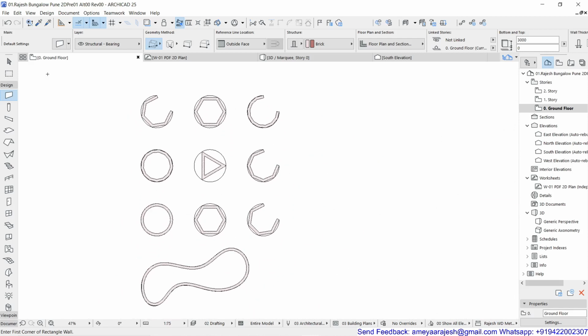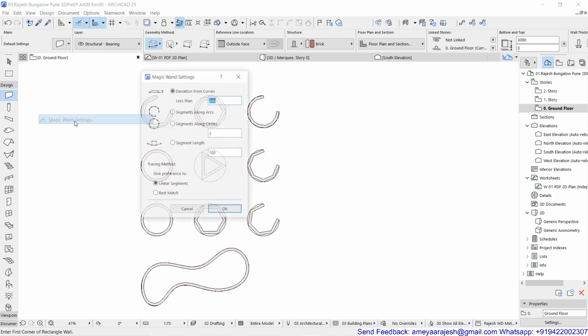Fine. So just in case you want to use this, first of all, always make sure the appropriate settings are there in your Magic Wand settings dialog, and then try to implement this. Normally, it is better to keep this with the best match, and then the 40 mentioned earlier, because in the best match, ArchiCAD will try to generate the best possible curve.